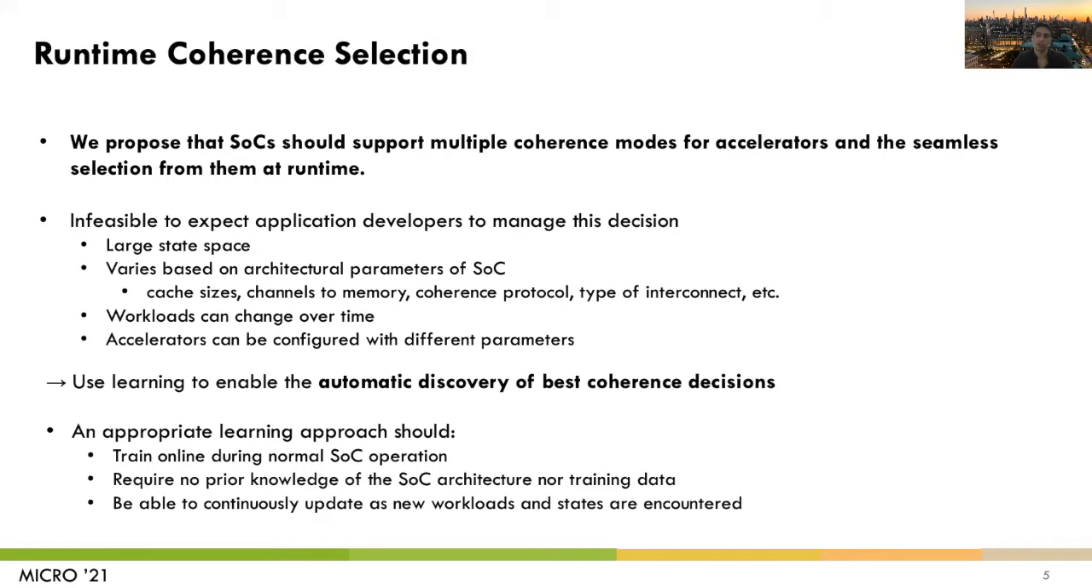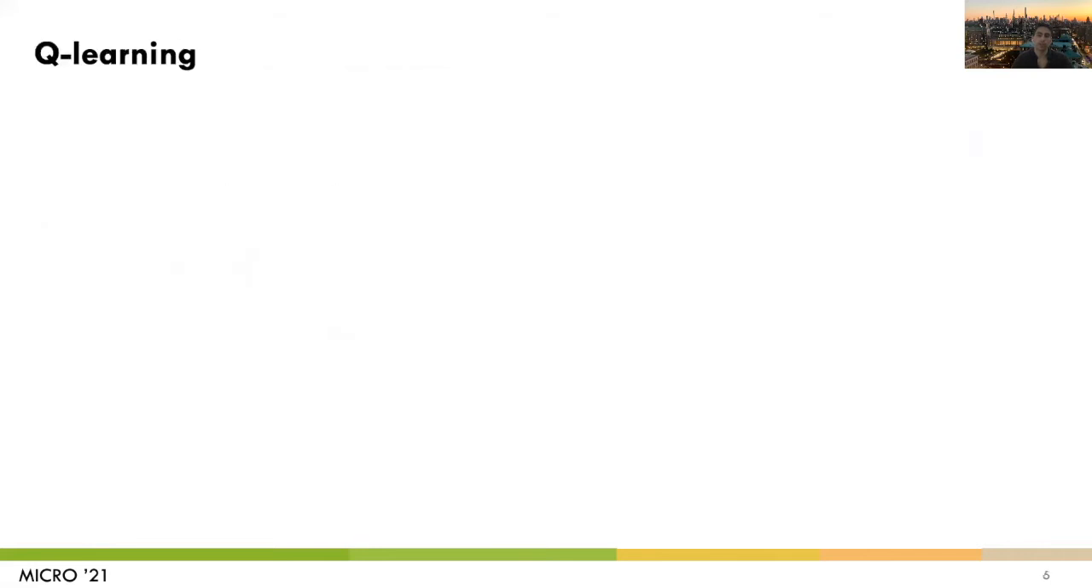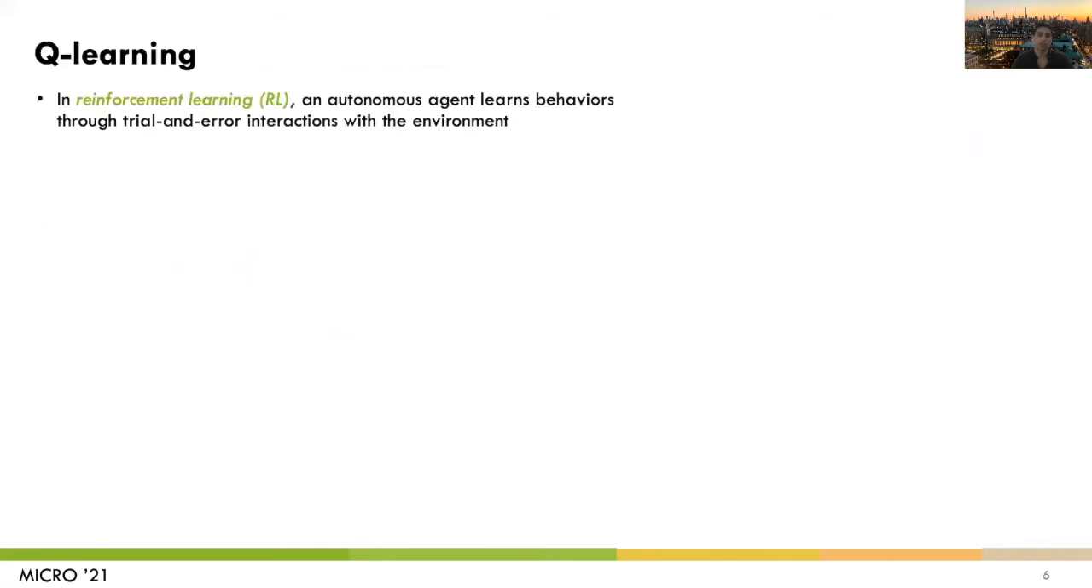First, it should train online during normal SoC operation. Next, it should require no prior knowledge of the SoC architecture nor any training data. Finally, it should be able to continuously update itself as new workloads and states are encountered. These requirements led us to use reinforcement learning, in which an autonomous agent learns behaviors through trial and error interactions